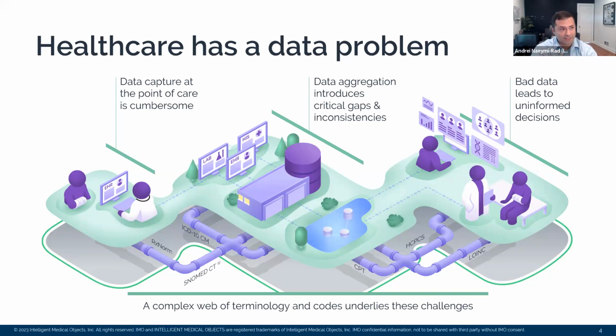And if you're an organization that wants to do data quality insights, or you want to cohort query on your patient populations for any bespoke use case, if you have bad data in, then you're wholeheartedly going to have bad data out. And one of the key fabric points of data provenance in this whole ecosystem is the complex web of terminology and terminology standardization. If you're not doing it correctly, these challenges are always going to be permeating throughout your whole ecosystem.